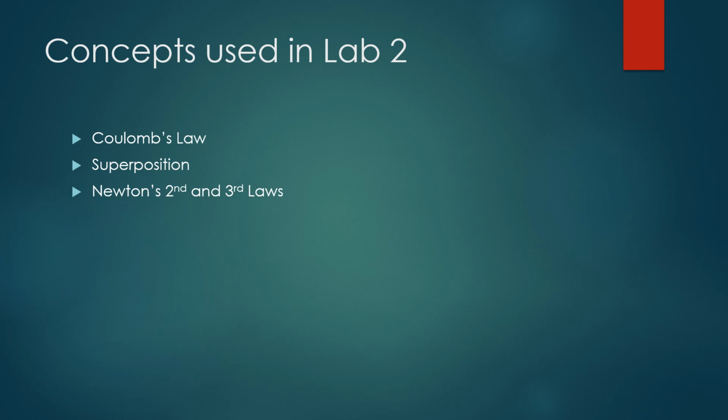Before moving on to the computational model's code, I'll need to talk about the concepts used in Lab 2. The first is Coulomb's law, then superposition, in which several point charges are used to model the electric field, then divide the object into several segments and sum the electric fields of each segment, and finally Newton's second and third